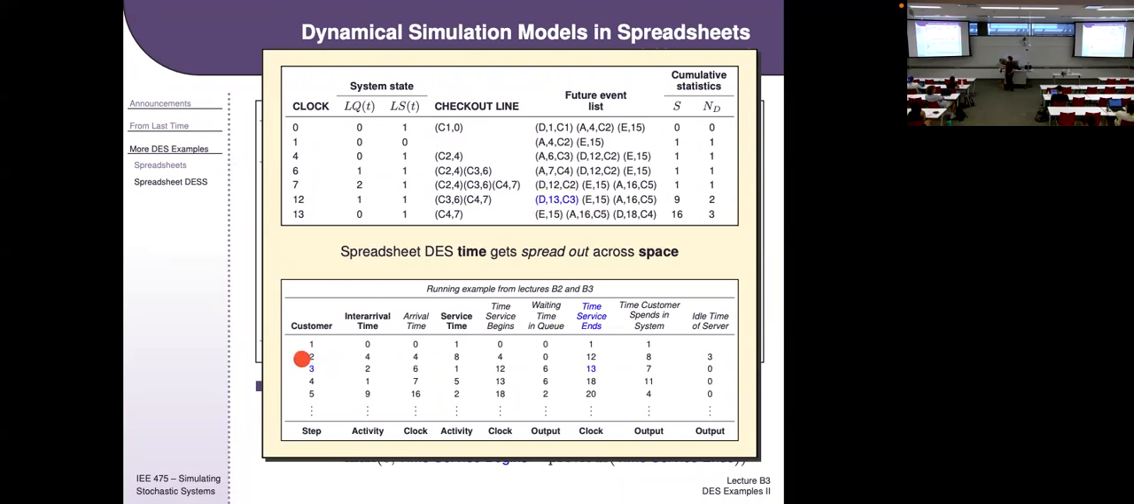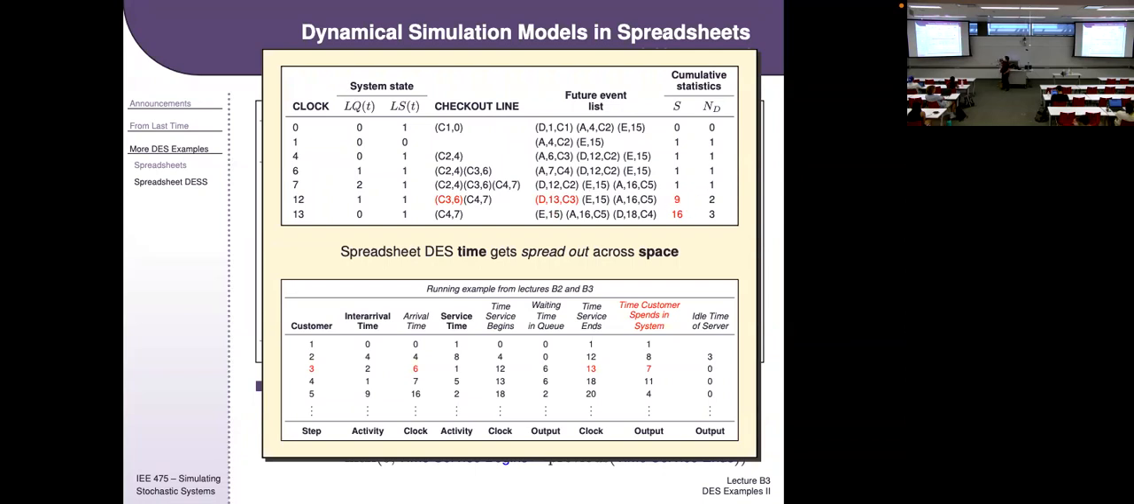Well, I go down here, customer 3, their service ended and they departed at time 13. So that matches. I can look at another one here. So customer 3 here, I can see they arrived at time 6. They departed at 13. So if I look at their response variables here, they were in the system for 8,